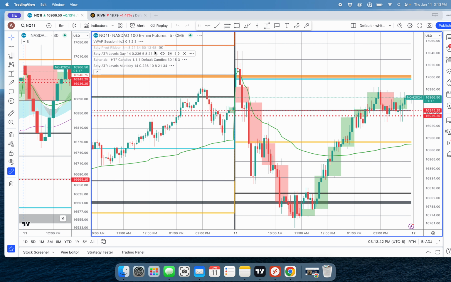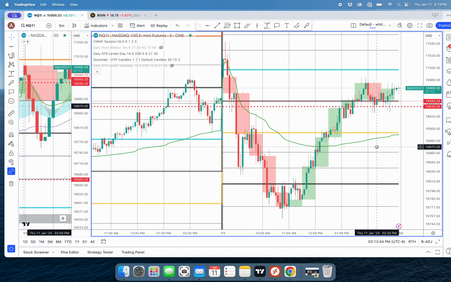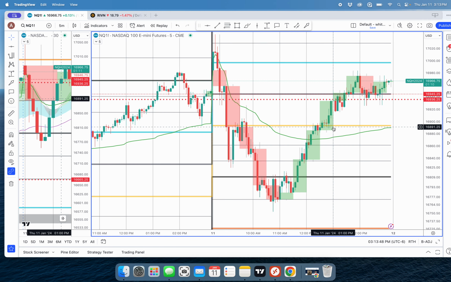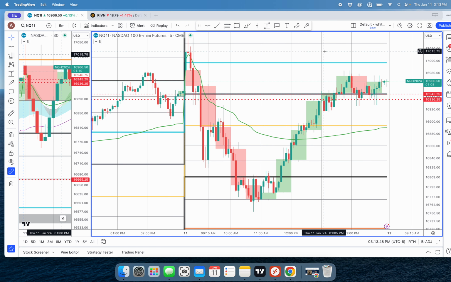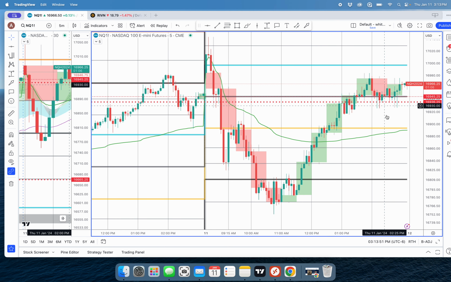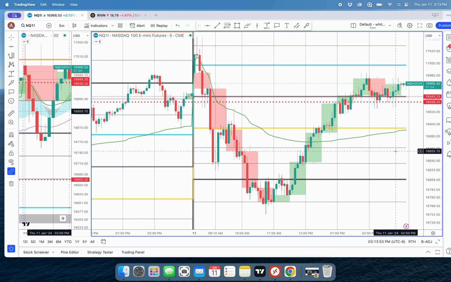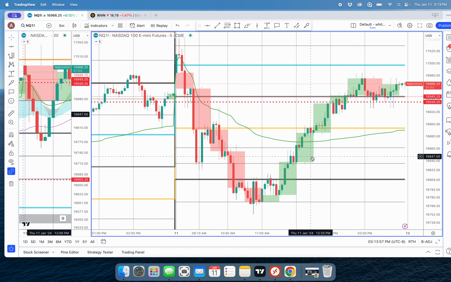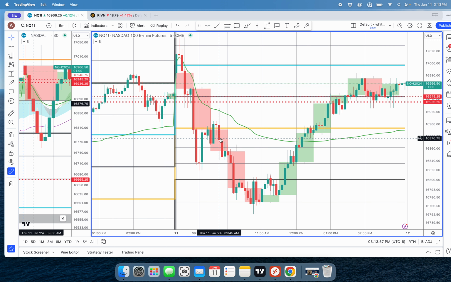So I'm going to go ahead and take off the ATR multi-day, and let's just look at regular. I'm not even showing you the ribbon either, because the ribbon's good only when the trend has been established. So in the meantime, you want to be playing off of levels. This is 5 minute. Also, I'm going to show you 1 minute. I actually might start playing with 1 minute because 1 minute